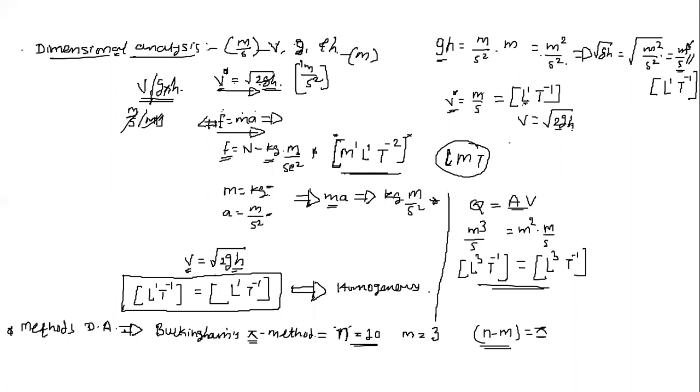Okay, dimensionless and independent pi terms: the pi term is unitless, or it is assumed that this pi term is a unitless or dimensionless term. This is the first statement.